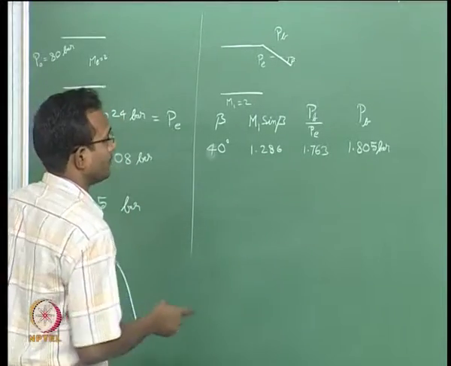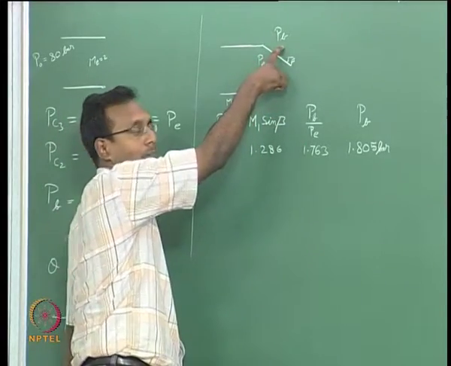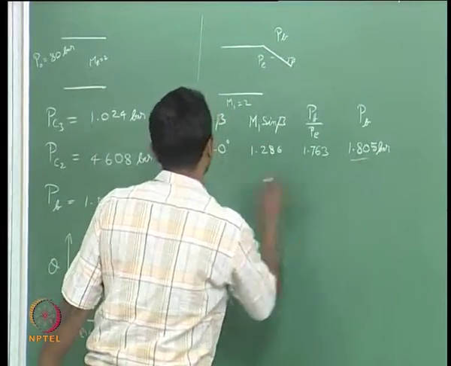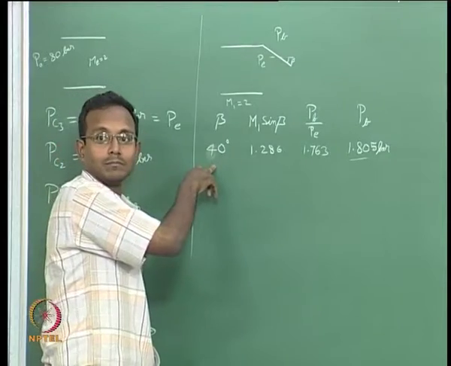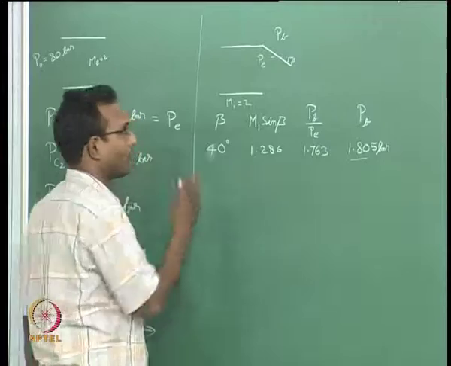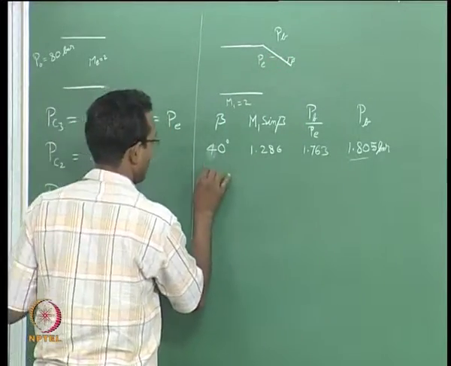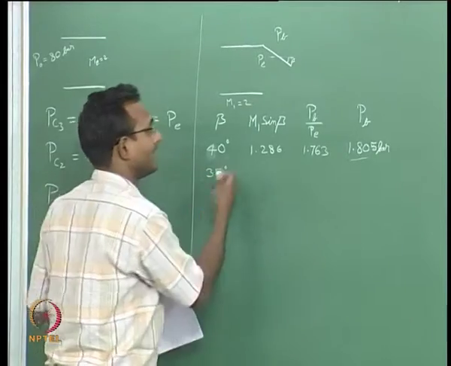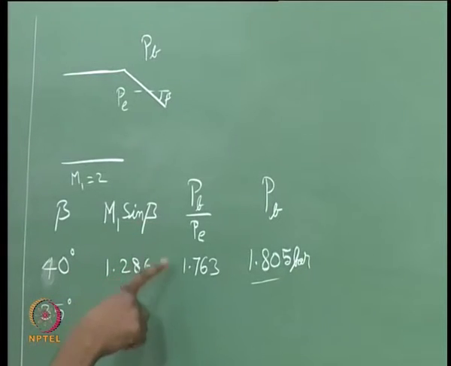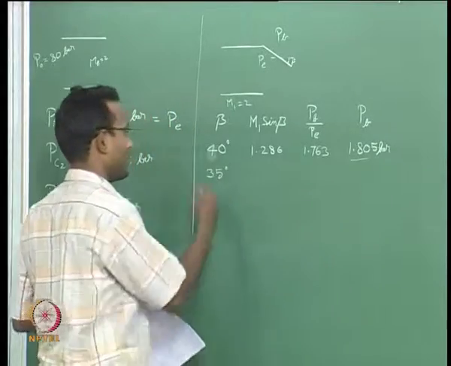I see that the pressure achieved by this oblique shock is higher than the PB we actually have, which means the shock angle is too strong, it is too normal, and normal is a higher strength shock. So, you want to make the angle less, beta should be lesser. So, next value we will guess 35. I know 30 is no use, right, P2 by P1 will be 1 for 30. If P2 by P1 is 1, then my PB will be equal to 1.024, that is lesser. So, I want to pick a number in between.